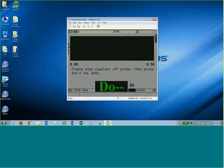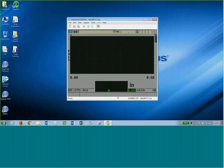So again, I'm going to do my auto 0, second F, cal 0. So the three steps I'll be measuring are 300 thousandths, 150 thousandths, and 50 thousandths. I'm using a plastic card with coupling on both sides to simulate the paint thickness. So if I press the second F key and the zoom key and choose Auto E to E,